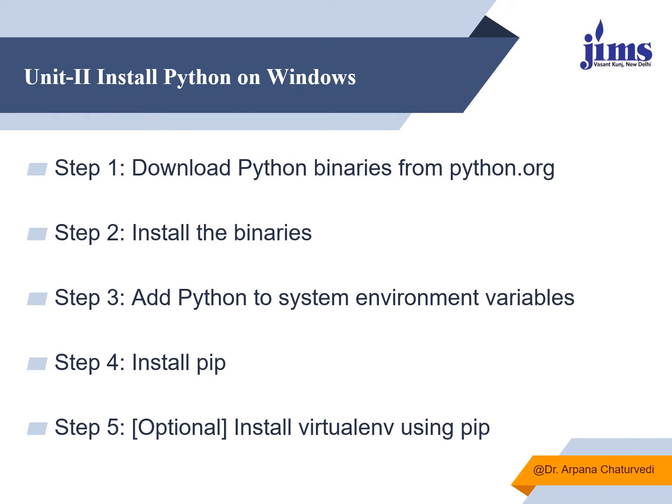There are so many ways to install Python. Either you can go for Anaconda, or you can go for PyCharm, or you can go for Python, CPython. So today I'll talk about how to install CPython using the official website of Python, that is python.org. You have to go to the python.org website, and from there first of all you need to install some binaries. Then you need to add the Python path, the exe path, to the system environment variable, and then you have to install PIP, and then you should install a virtual environment using PIP. So one by one we'll see this.